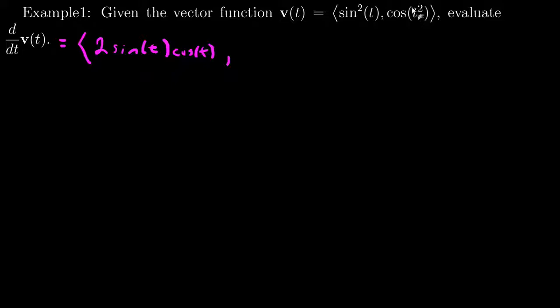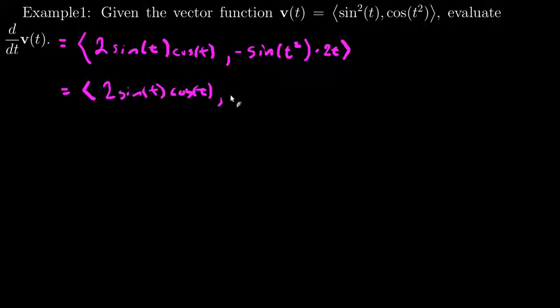This one I have to do chain rule as well. The outer function is cosine, so the derivative of that is negative sine of t squared times 2t. And I generally like to bring coefficients or variables to the front of sines and cosines, so I would write that as 2 sine of t cosine of t and negative 2t